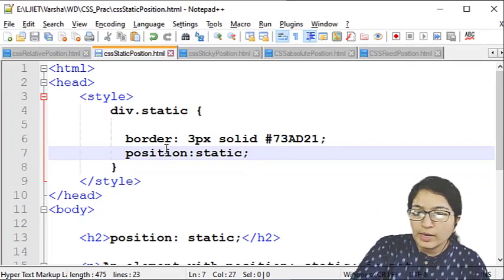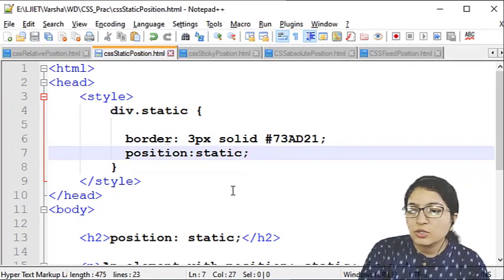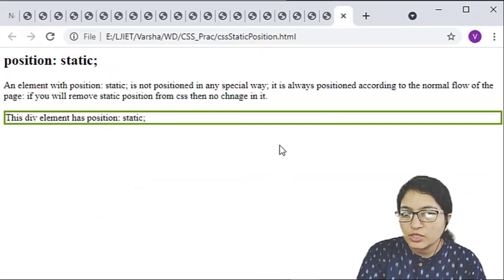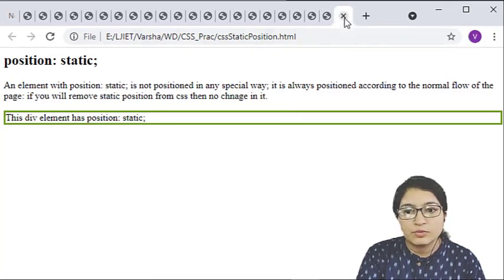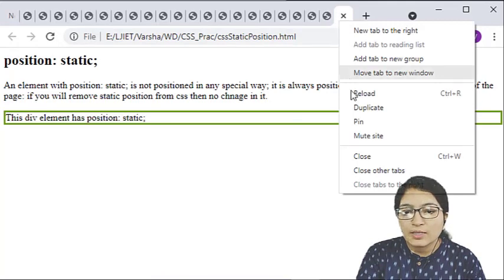First it is not defined and now we are going to define it. You can see there is no change in it. Both the outputs are the same: this is without static position and this is with static position.